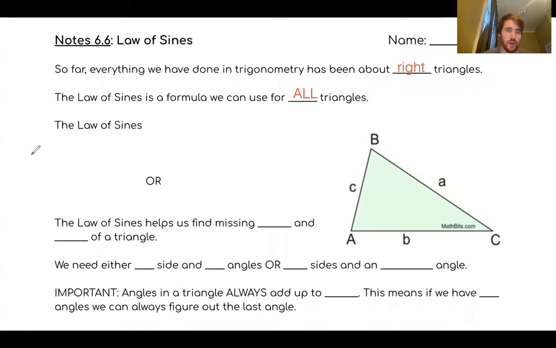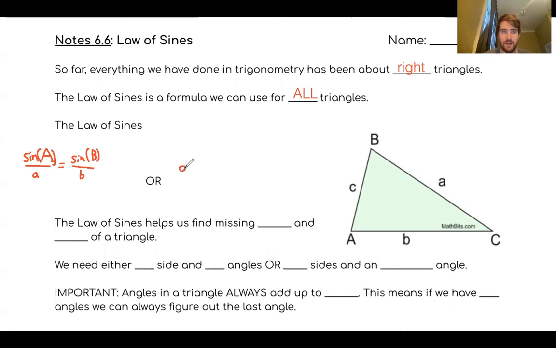It can be written two ways. Either sine of A divided by A equals sine of B divided by B. In other words, the ratio, oops, and this is actually a mistake I've made, so erase this. These A and B's represent the sides, so they should be lowercase, a and b,